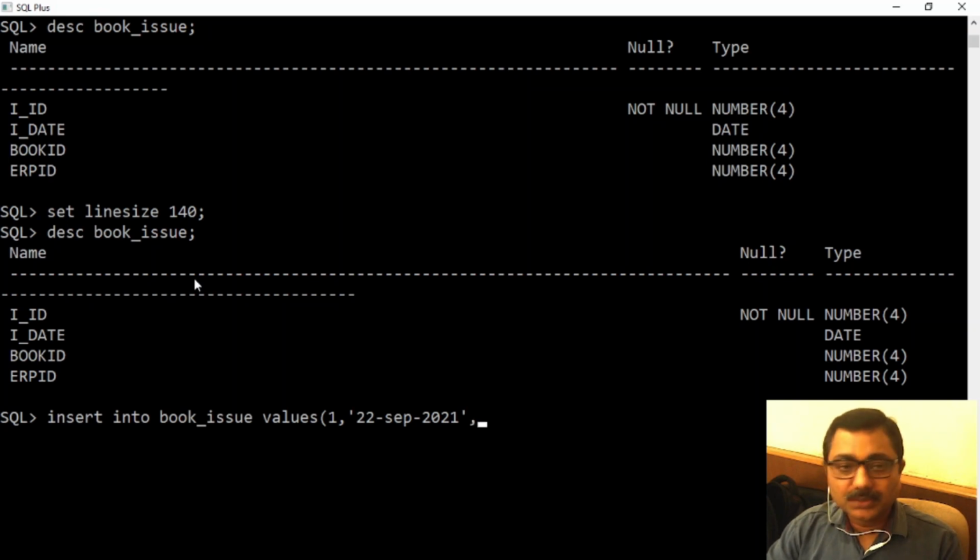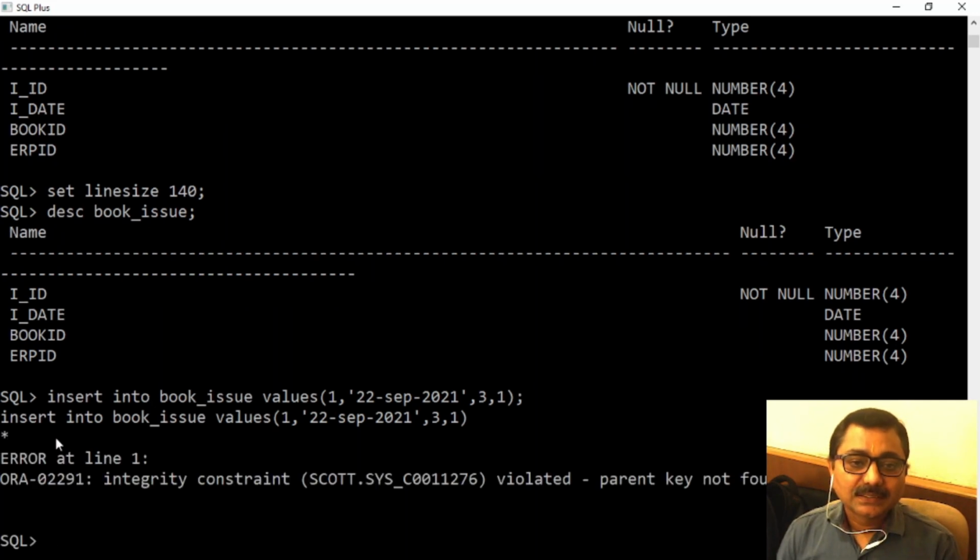Then I'm going to enter book ID. So we all know that I'm having book ID 1 and book ID 2 in book table, but I'm trying to enter with 3. And ERP ID, I know that I'm having 1. Clear? Let's enter.